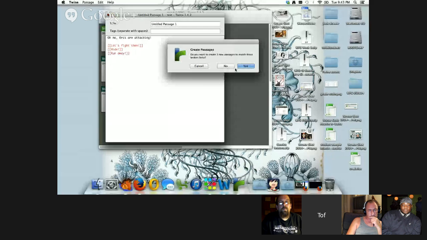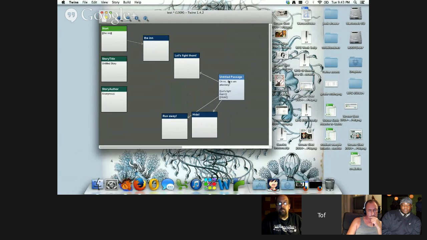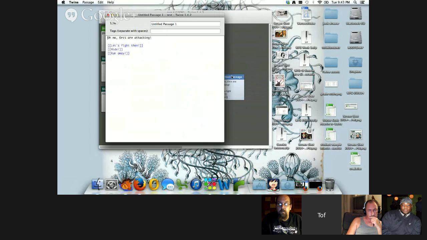Run away. This, then you can go ahead and it'll create all these links for you. But really, maybe if you want to hide, you just want to link back to the inn. And then you have to create a link in here that goes back to the inn, and that's to say the inn. So rather than doing it that way,